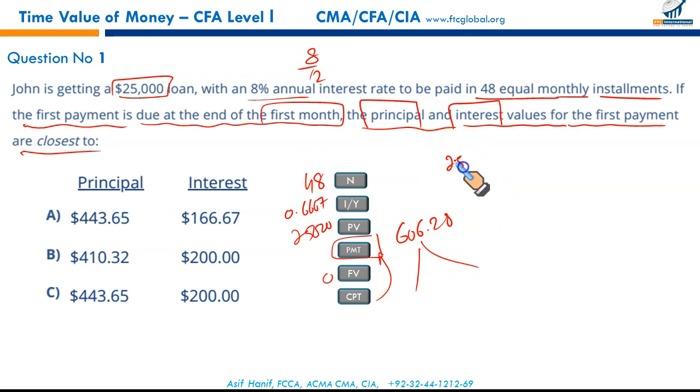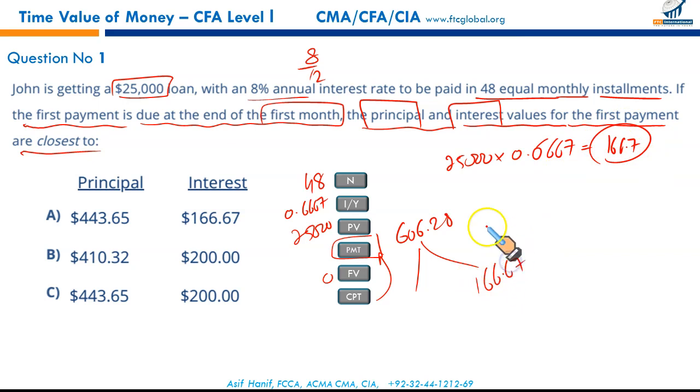So your total interest will be calculated on the original loan amount multiplied by the monthly interest of 0.6667, and when you calculate 25,000 multiplied by 0.6667 it gives you $166.67. So out of this amount 606, 166.67 represents the interest, and the remainder would be your principal,